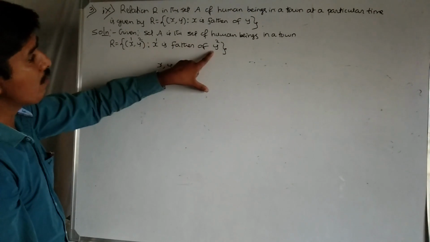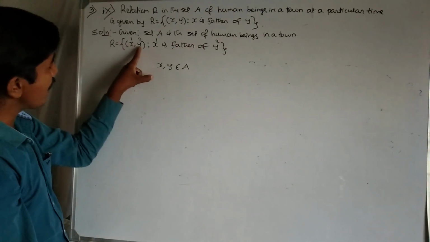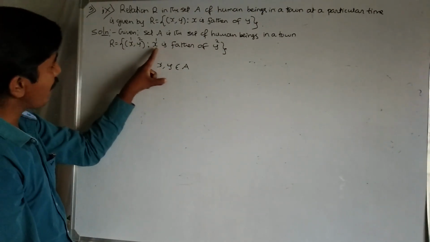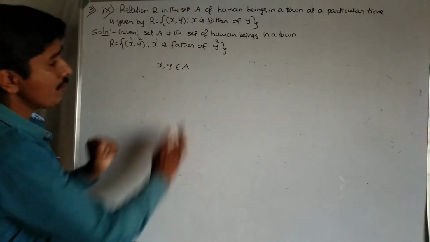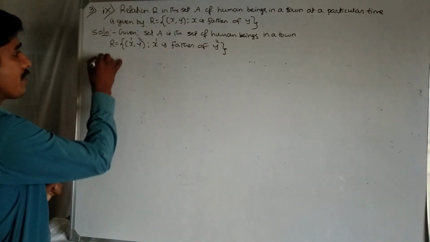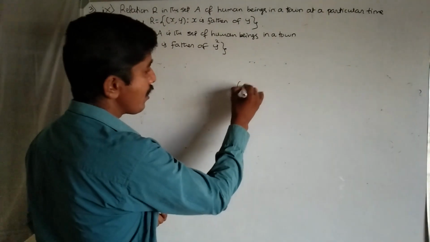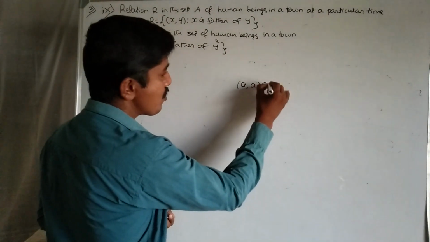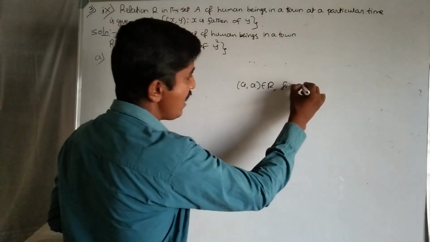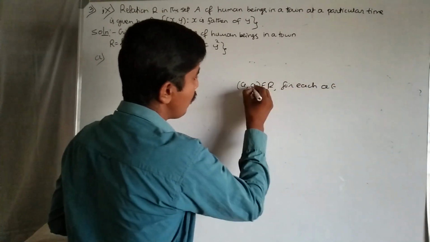X is father of y. What is the relation between x and y? Here x is father of y. We shall verify this. Reflexive: we know that (a, a) belongs to the relation for each a belonging to the given